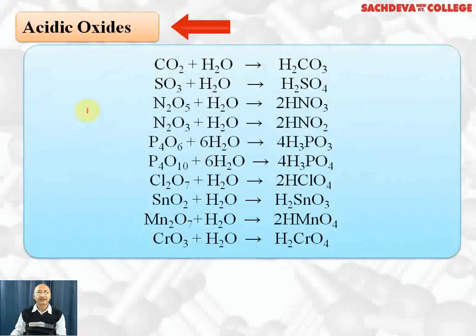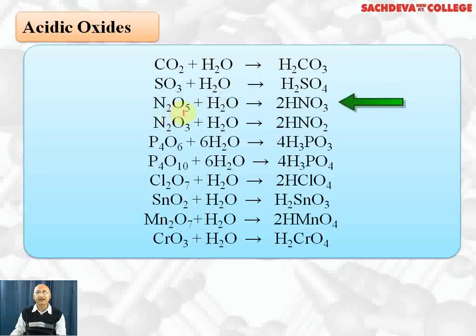Let's take up acidic oxide. Non-metals react with oxygen to mostly form acidic oxide. First oxide we are taking is carbon dioxide, which dissolves in water forming carbonic acid. So all the cold drinks contain carbonic acid. Sulfur trioxide, when dissolved in water, gives sulfuric acid, but this reaction is highly exothermic and beyond control.